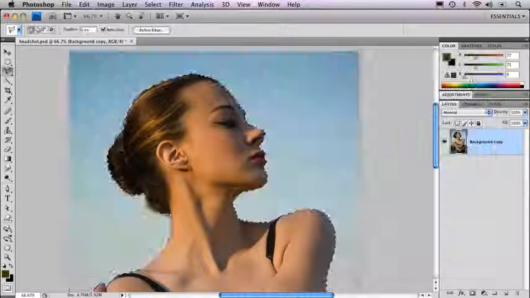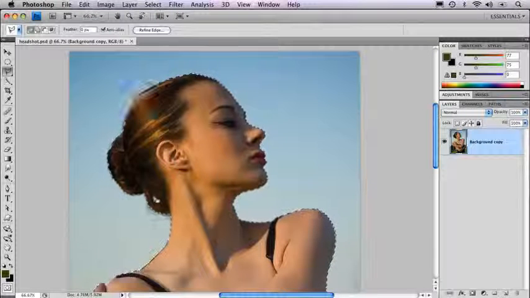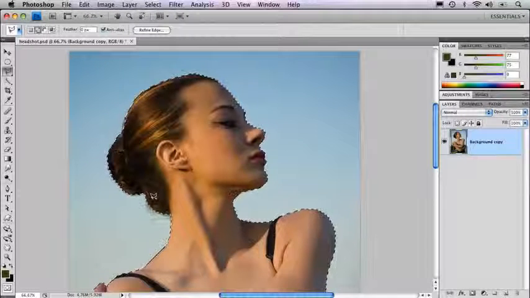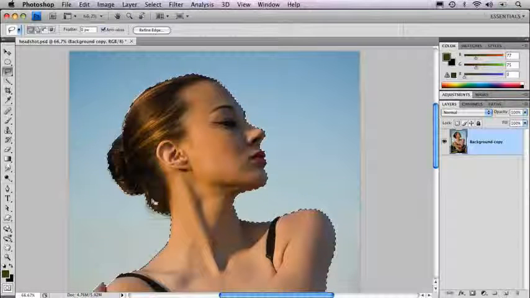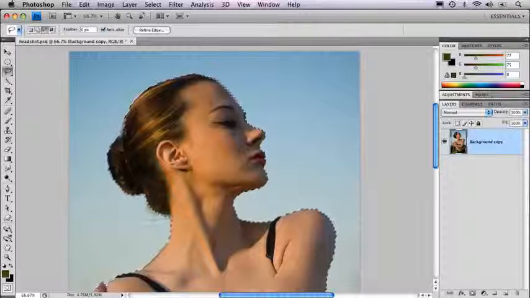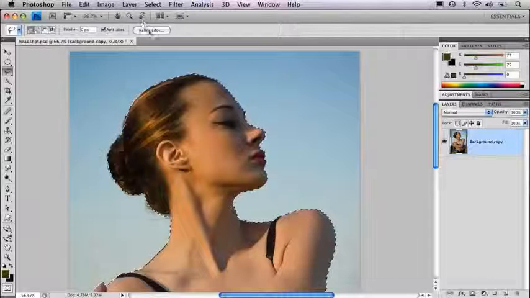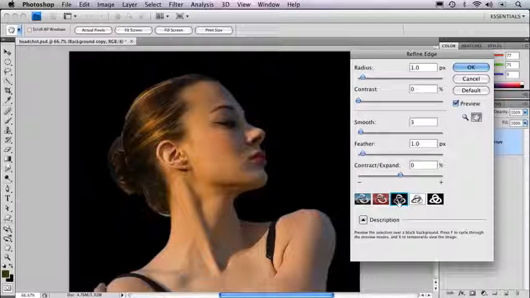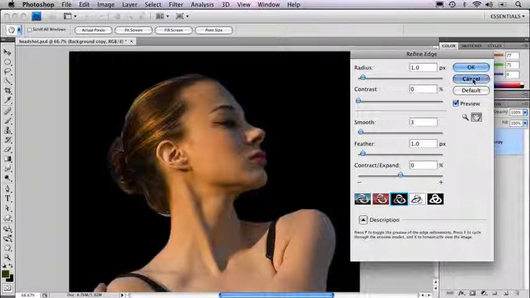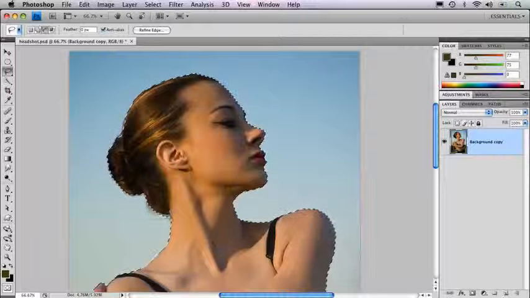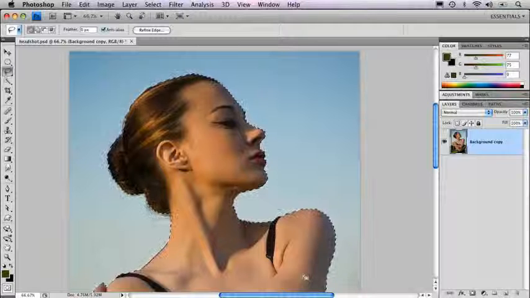That would be cancel out of here, go back and use some other method like the lasso tool with the shift key held down to add a little piece you've missed here and there, take away a little bit that you don't want, and then go back to Refine Edge and keep working from there. So it's not uncommon at all to toggle back and forth. Now I see that I've done a little too much there, so I'd cancel out of that. This is where, again, Quick Mask could also help me. So I'm going to keep going back and forth using my different methods of fine-tuning the selection